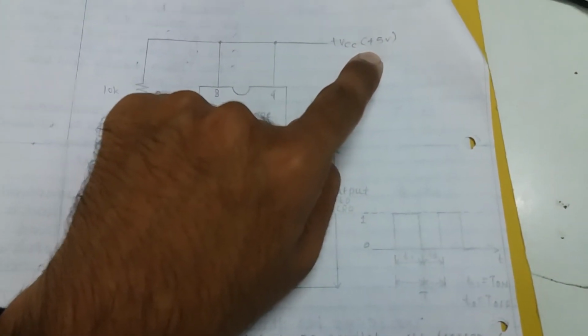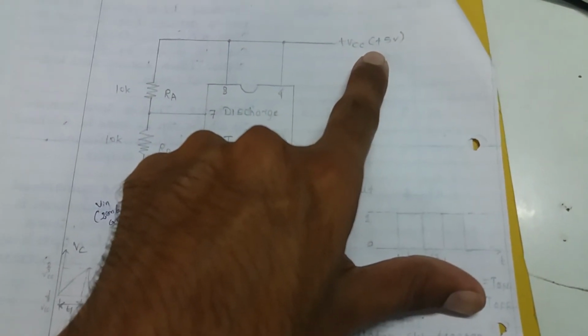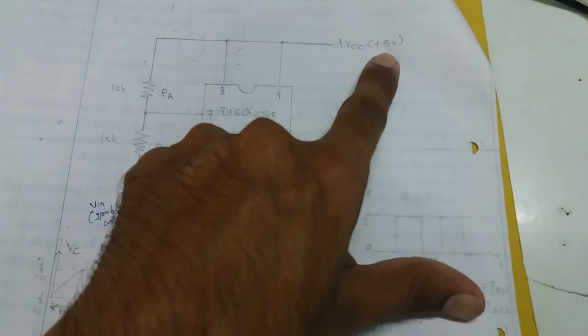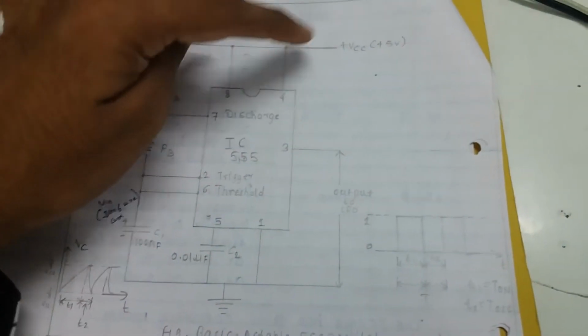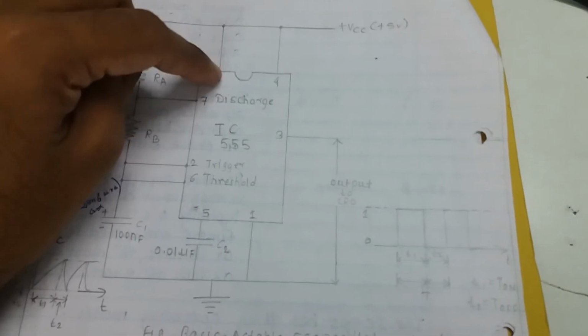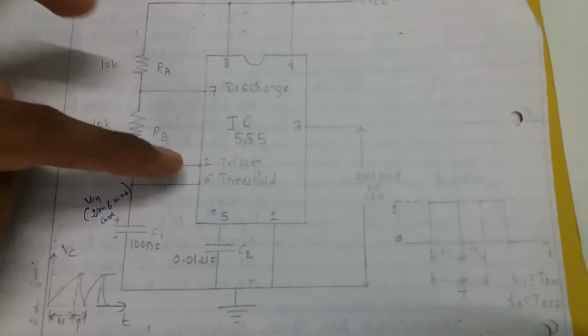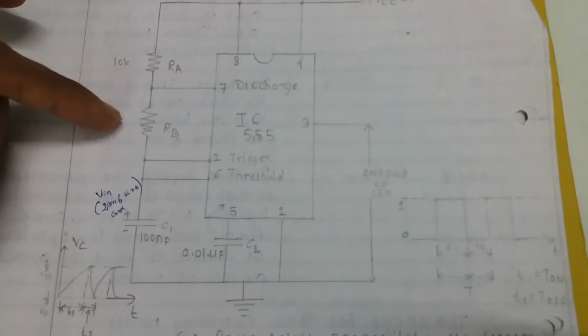For the connections, you will give a plus 5 volt power supply. If you want to take a variation of the reading, you may vary this voltage slightly. Here, plus 5 volt is connected to pin number 4 and pin number 8. From 8 to 7 you will connect one resistance, a 10 kilo ohm resistance. Another one from 7 to 2, you will use one more 10 kilo ohm resistance.